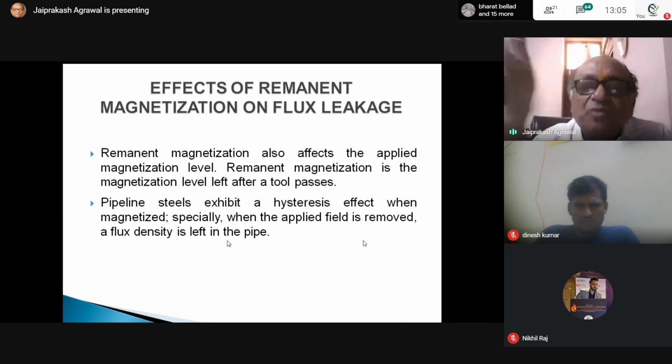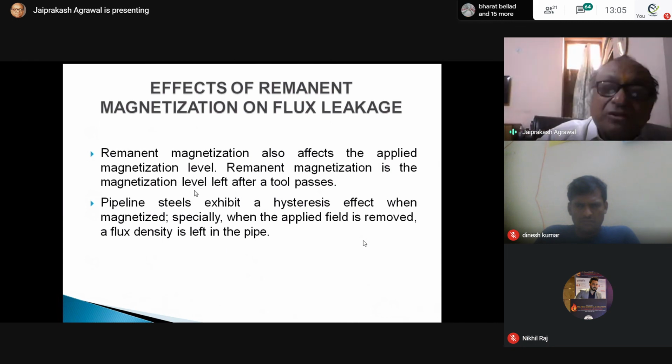Once it moves past that defect, even residual magnetism is not going to affect you. But tool speed will definitely affect the reading, and that is controlled. The stress also has some impact, because there are some constrictions, and that may affect your readings.